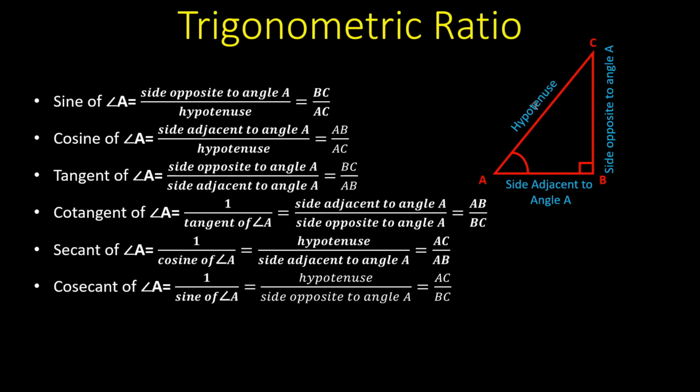Now firstly comes the trigonometric ratio. What is a trigonometric ratio? You should know it. Let's take a triangle, as I have made a triangle already. So this triangle is A, B and C, right angled at B. Now it's angle A. In this, all the ratios I have written are